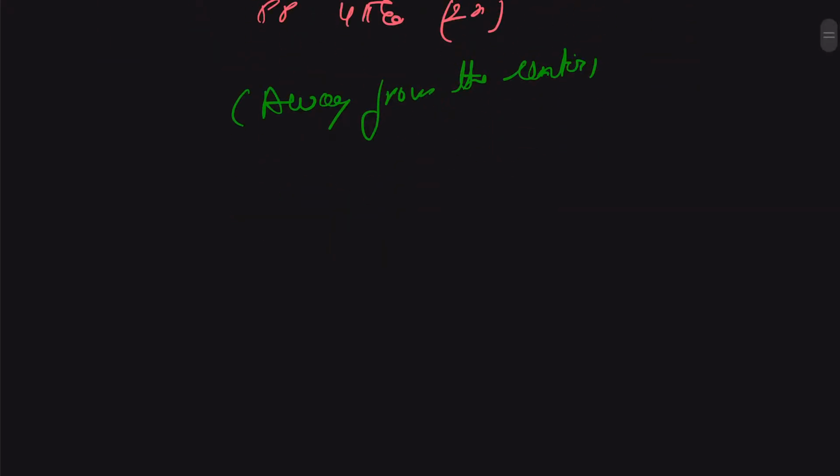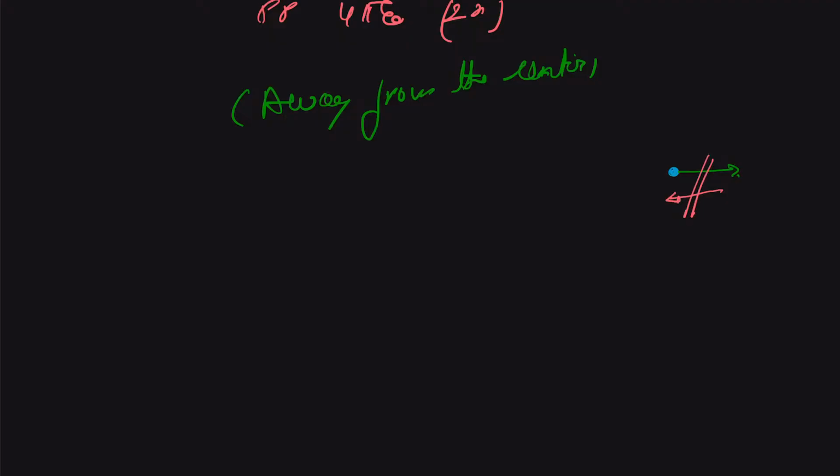So we have a center. Okay, so we can just draw it. Suppose this is a center, and the repulsion between the proton and proton is away from the center, and the force of attraction is towards the center. Okay, so you can say it is in this direction. So both are in